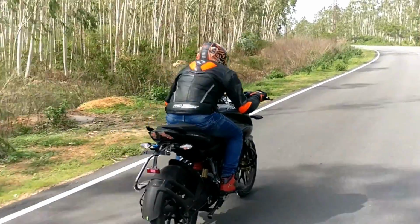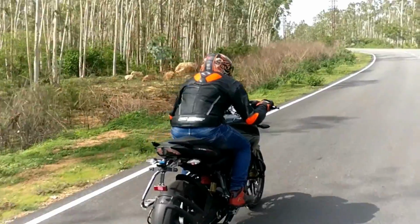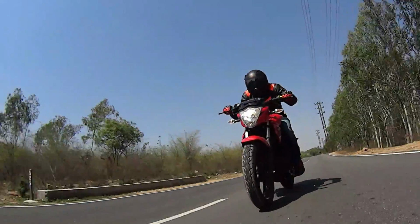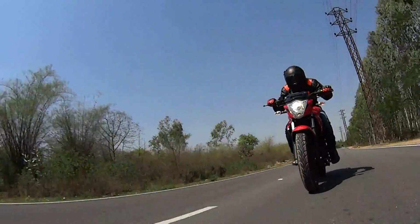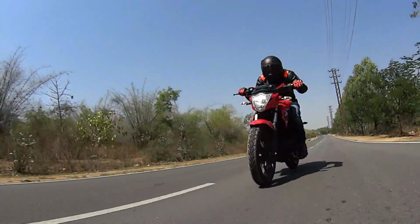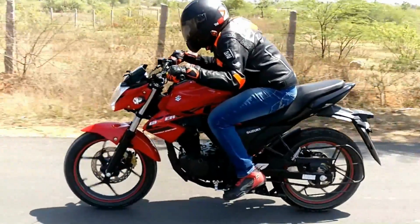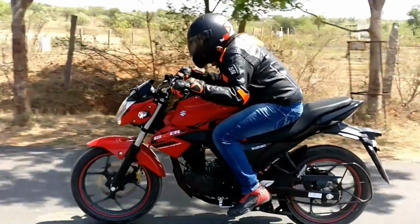I'd say it's always best to test ride the bike to check your comfort level with it. The Gixxer offers the lowest saddle height here at 780 mm, while the FZ and the Hornet and the RTR offer similar seat height at 790 mm each. Also, ground clearance is more than sufficient for all the bikes in this comparo, and it isn't something you need